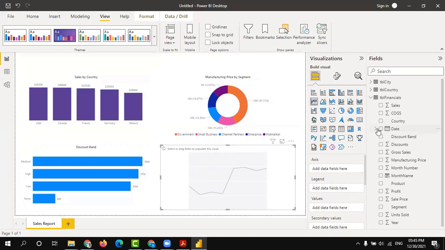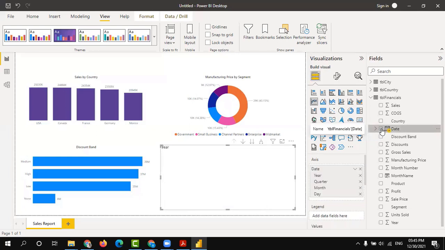For us, the time series is the date field here. Just click the date field, and all the dates will be added. As soon as you click the date, it will be split into 4 categories: year, quarter, month, and day.